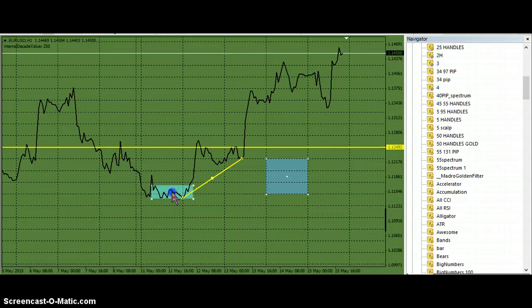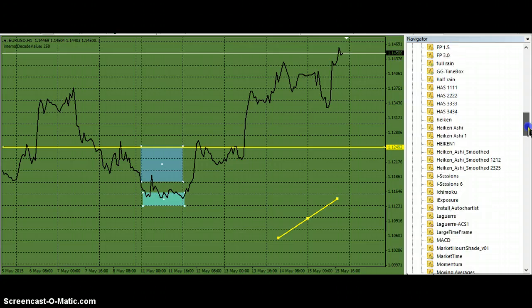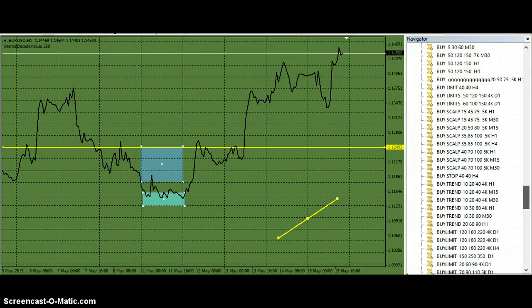When you see this congestion down here, this basically spent a whole day poking into this 25 pip window here. Now you could have been scalping in and out of that. Now the big money would be, you're going to risk 25, so your buy limit or your buy stop. Now when you put these, another thing is that these